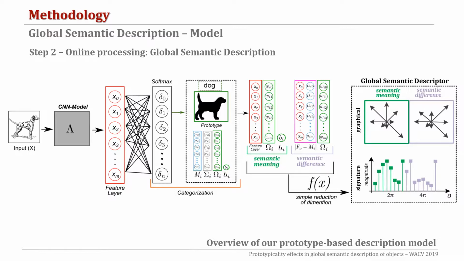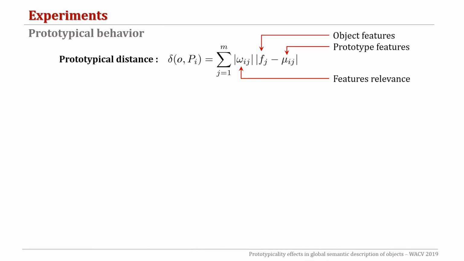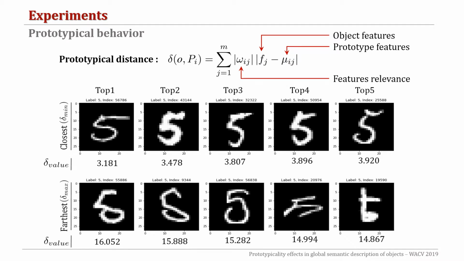Also, we propose a simple transformation function to compress our global semantic representation of the object features into a low-dimensional global semantic signature. We propose a semantic distance metric as an object typicality score. The experiments show that our CNN prototype model can capture the central semantic meaning of the object category. The figure shows an example of the semantic meaning captured by our CNN prototype model for members of the number 5 category